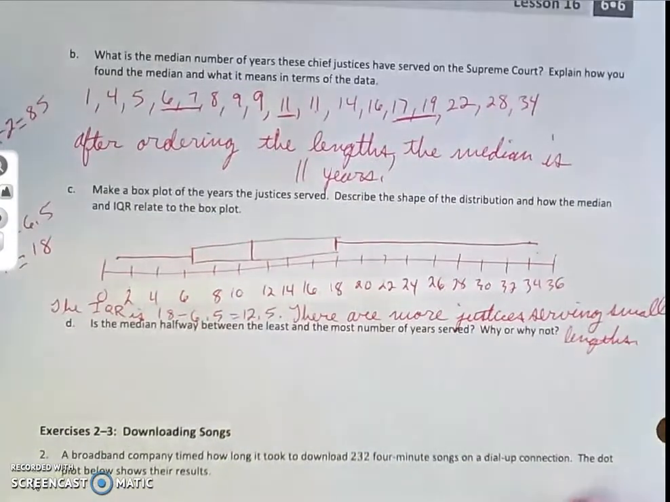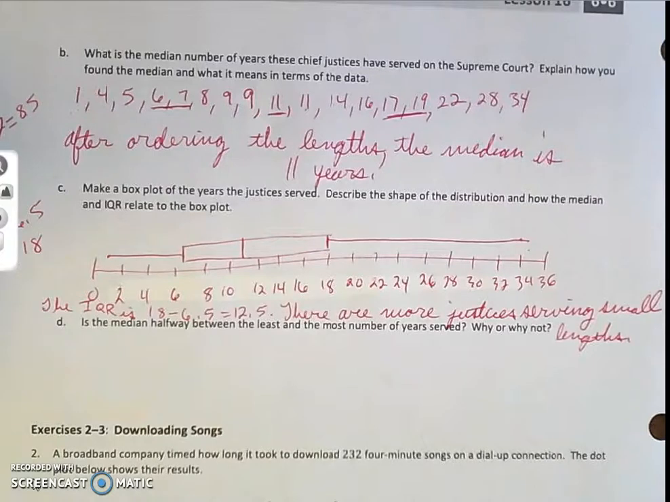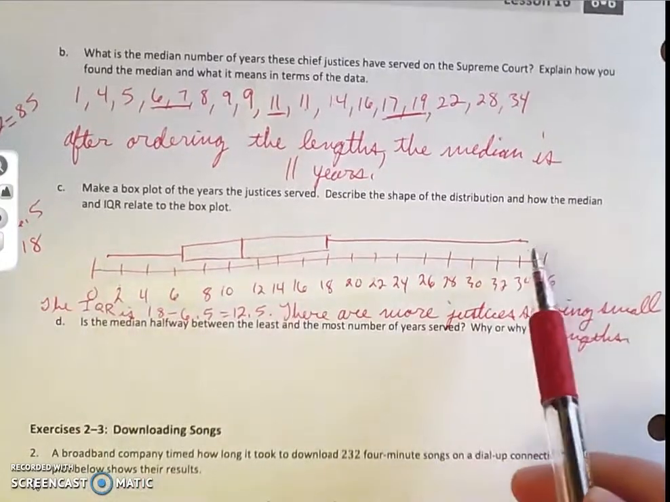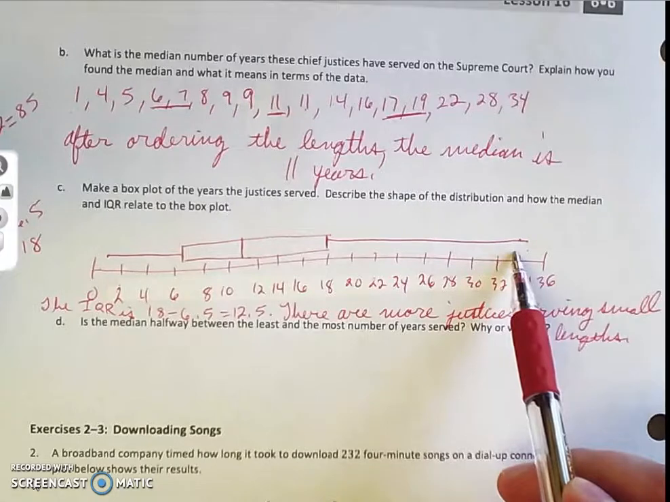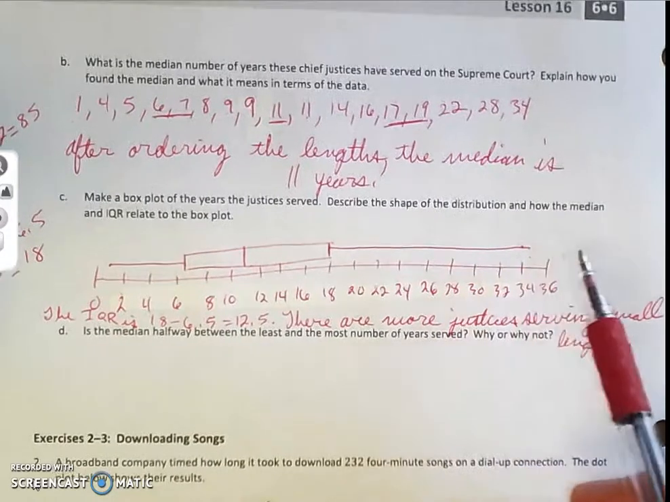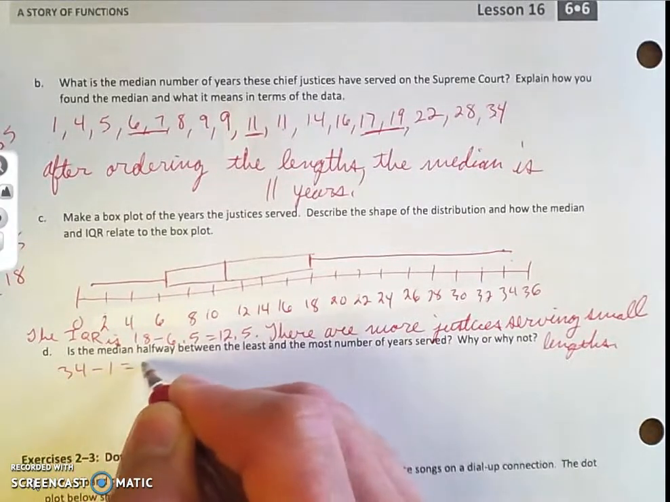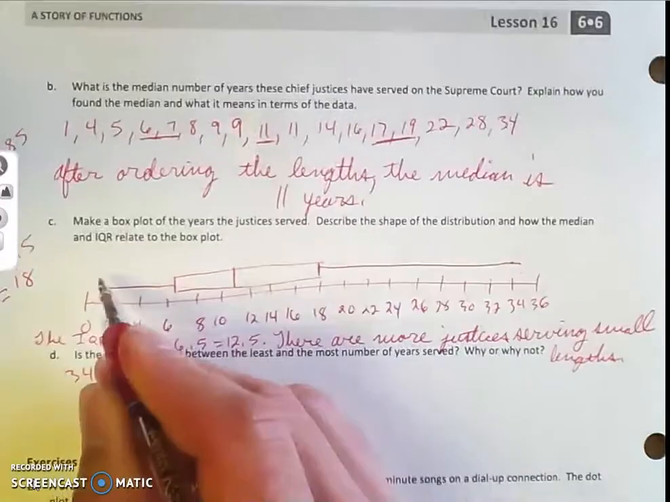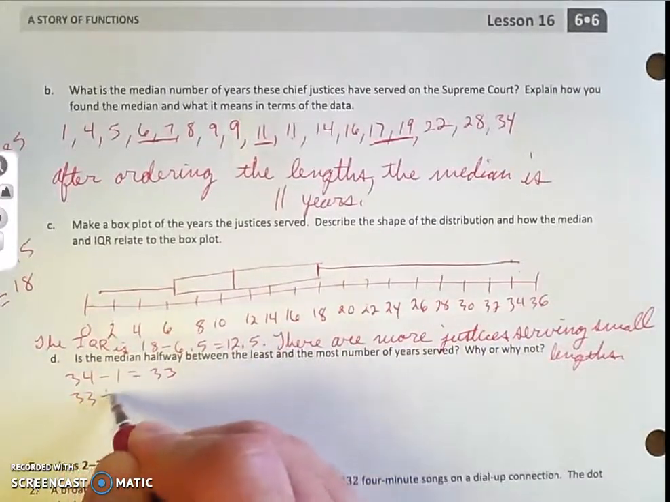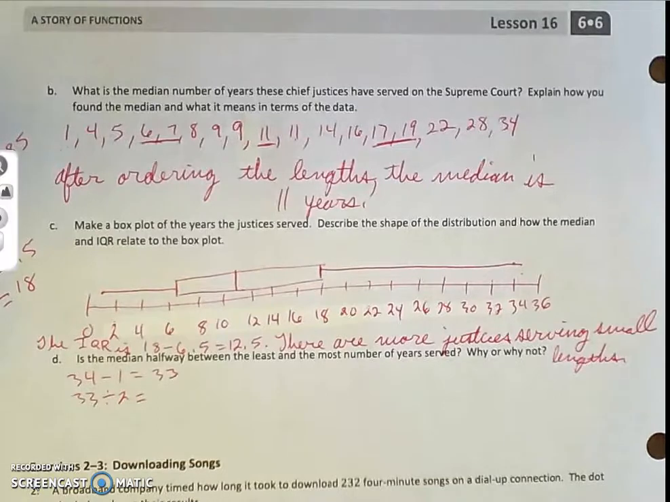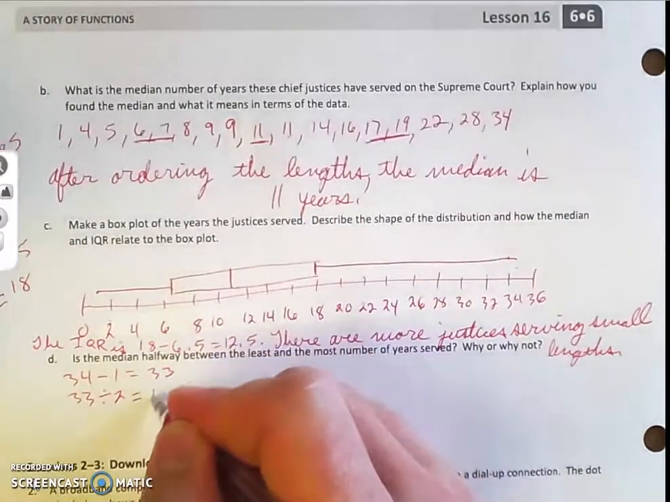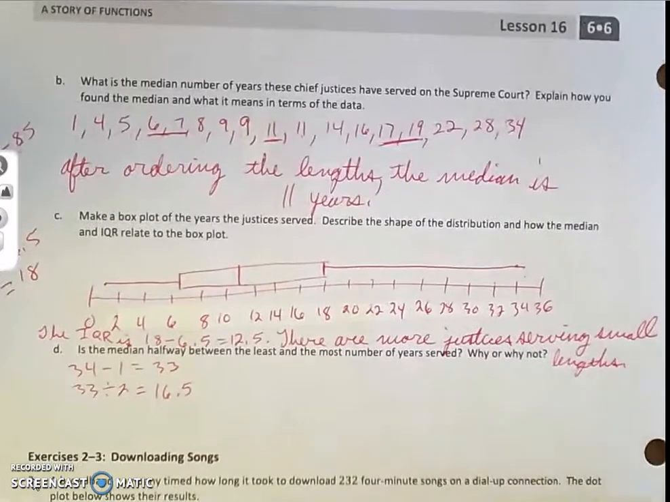Okay, so question D says, is the median halfway between the least and the most number of years? Why or why not? So we said that our minimum was at 1. Our maximum was up here at 34. Okay, so halfway between that 1 and 34, we have a distance of 33. 33 divided by 2 gets us 16.5. So the center point between our minimum and maximum is going to be 16.5,